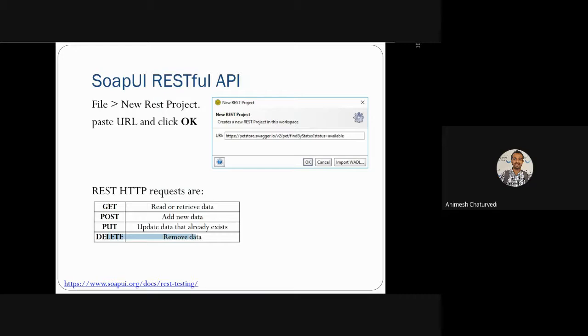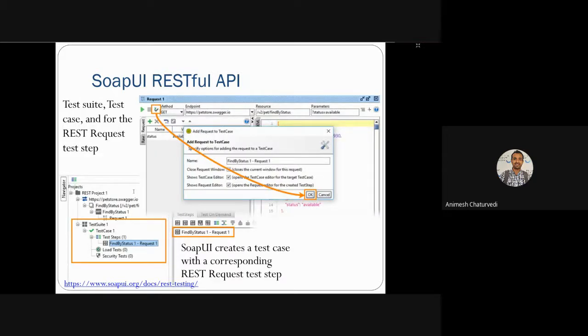So these are the four basic operations you perform with RESTful HTTP requests. And you click the play button again. So this is how you created request one. You click OK, and after checking you can close the request window, show test case editor, show request editor.